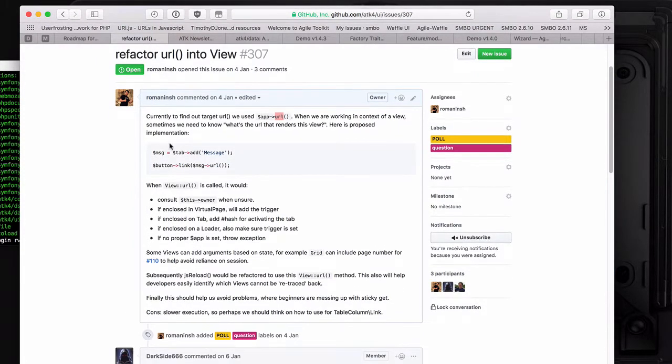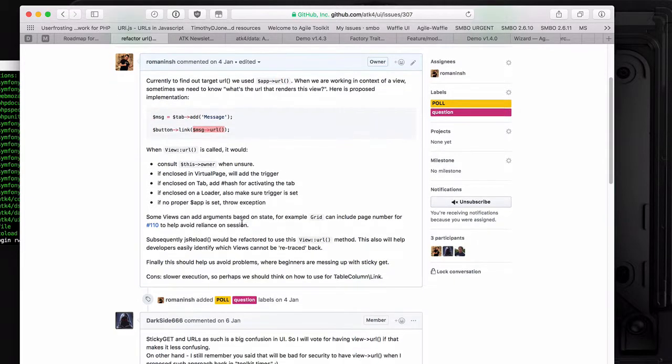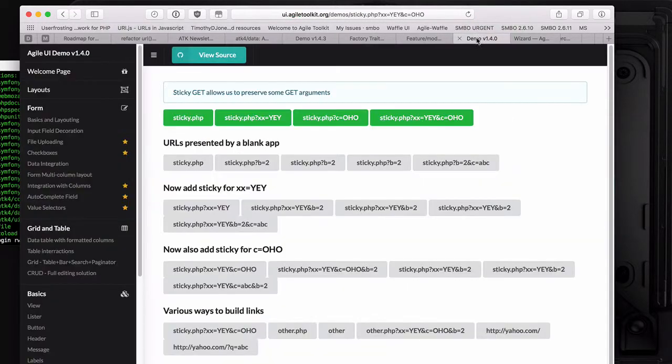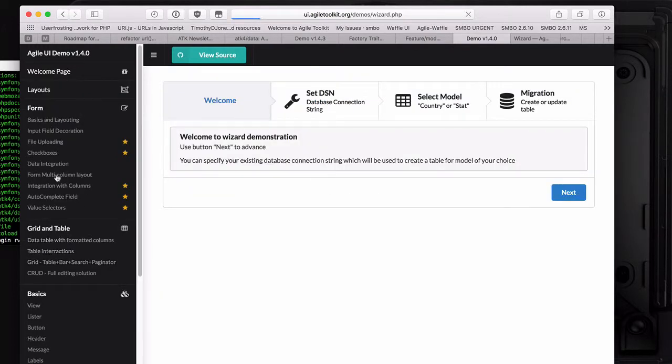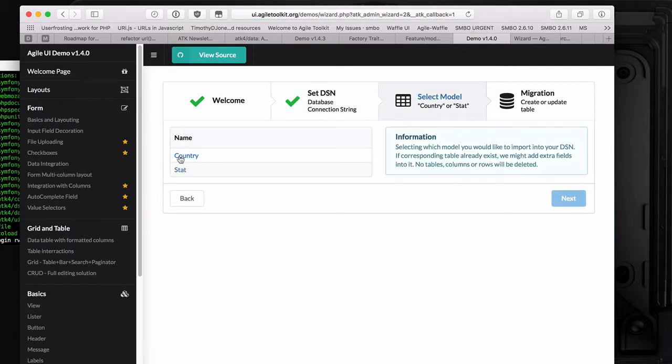So this was a ticket explaining that we need to be able to create URLs of a message right over here. For example, if the message is located on the virtual page and it uses a callback, then it should incorporate the callback get argument inside its own callbacks. And I have a very good demo for that. So if we go to the wizard, as I go through in here, this is the first example. On select a model, there are two links, and if I look at the source,